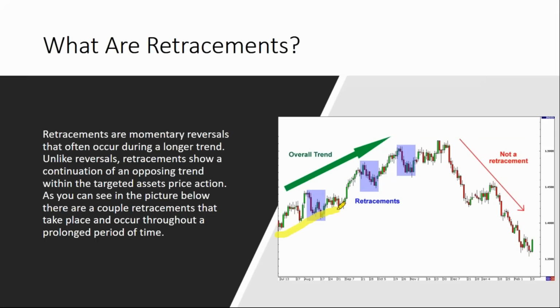Because if you notice, you have these lows that are hit during retracements. Each one of these lows cannot be below the previous low. Okay. Now, we'll get to the rules as we go on, but this is why these are perfect retracements, because we see the asset push up and thrust, ease back down, push up and thrust, ease down, push up and thrust, ease down, and push up again. And this is how a trend line should look.